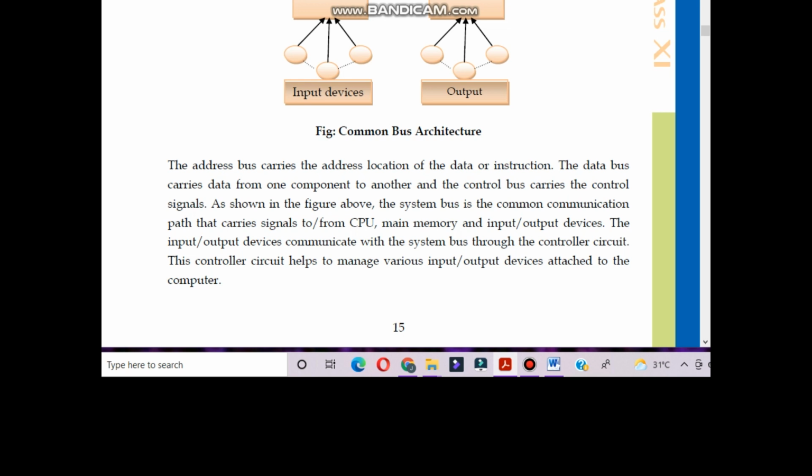First, data comes from input devices and goes to the CPU, then main memory, and shows on the output device or output devices. The input or output devices communicate with the system bus. Both devices will communicate with the system bus through the controller circuit.